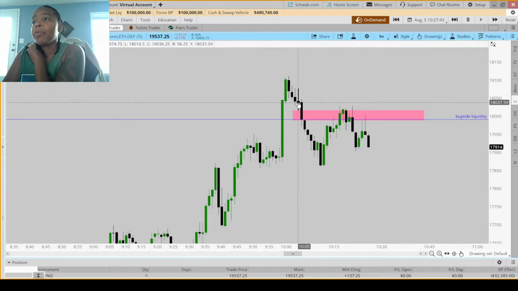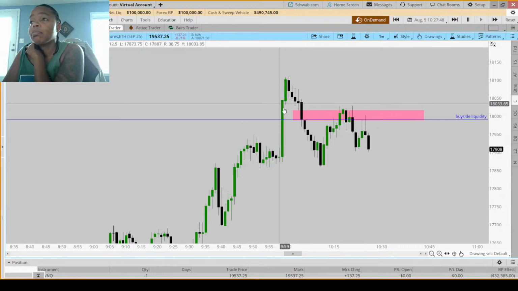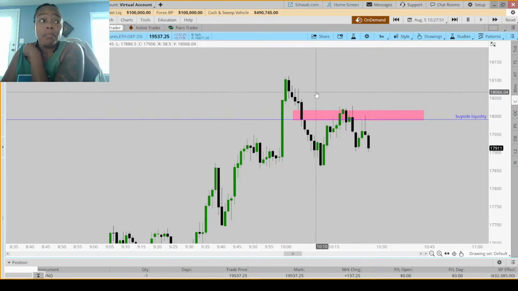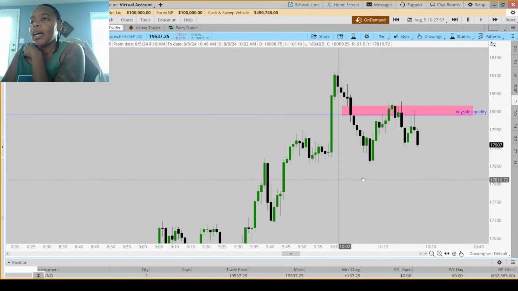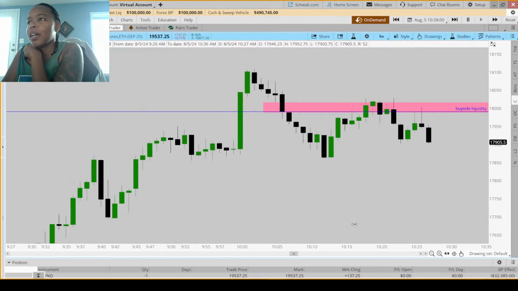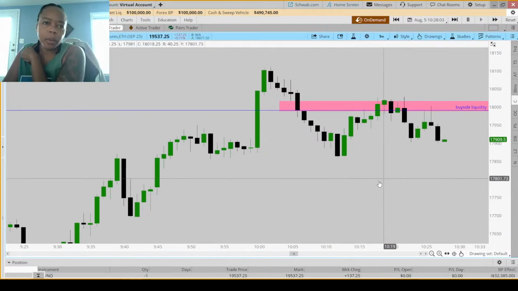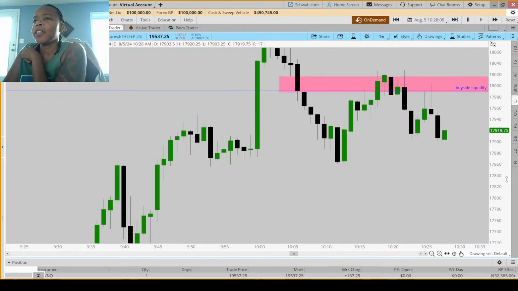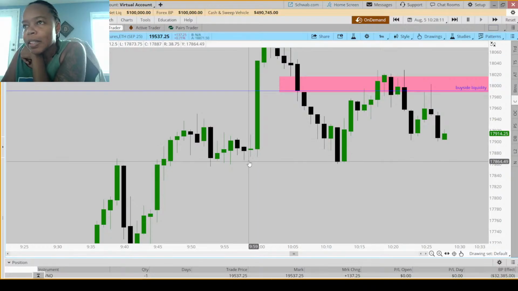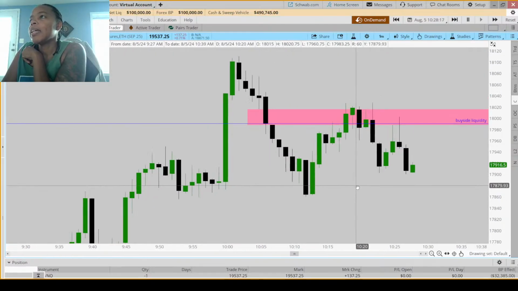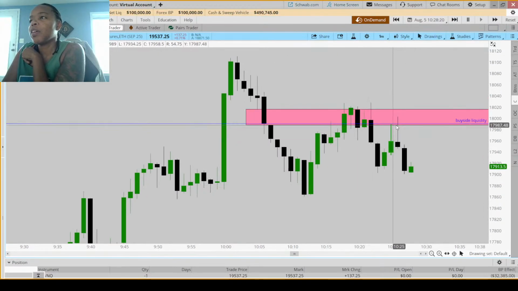Why? We came up, we respected the fair value gap, we tapped this order block. Actually, no, we didn't even tap that order block. We didn't even reach it. Didn't even touch it. But it had the features for a decent short. And I just wonder, should I have considered when they took this low out, a shift? Actually, yeah, because this base is higher than this one. So it's a small shift, but it's there. That means I should feel comfortable taking this short after it showed that it didn't want to go any higher.